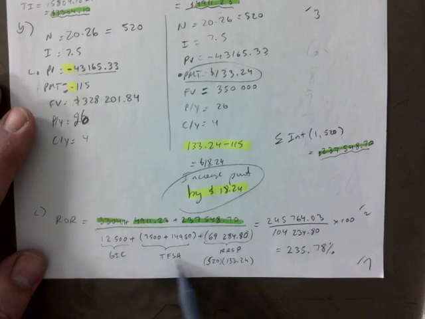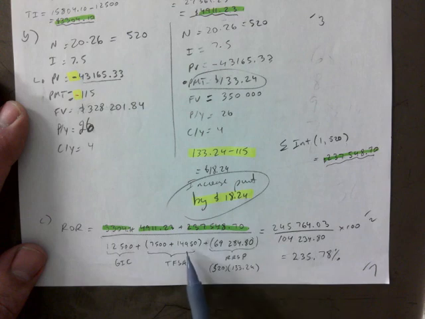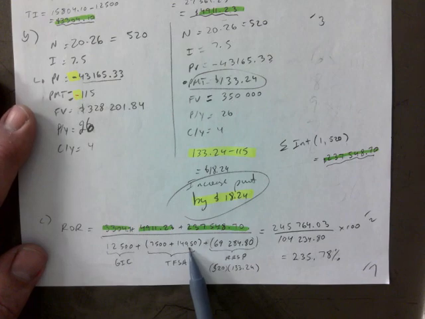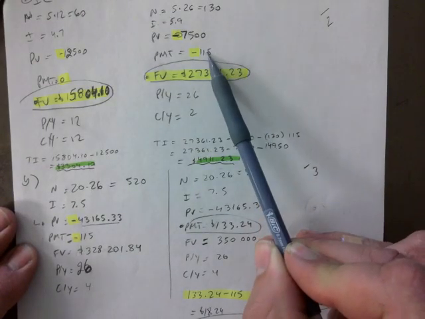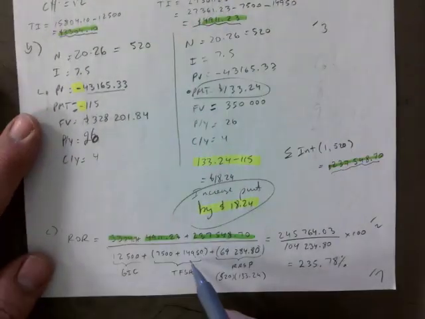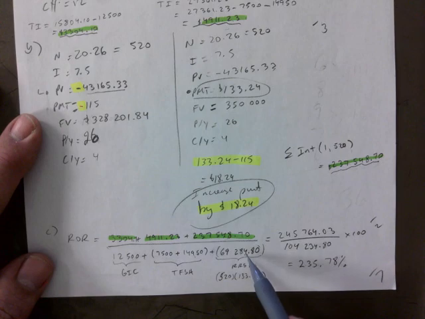And then I divided by everything I've put in out of my own money. 12,500, 7,500, the 14,950, what is that? Those are the $115 bi-weekly contributions that I've made up here. So I went 130 times 115 to get me that. Okay. And what is this part right here? That is the